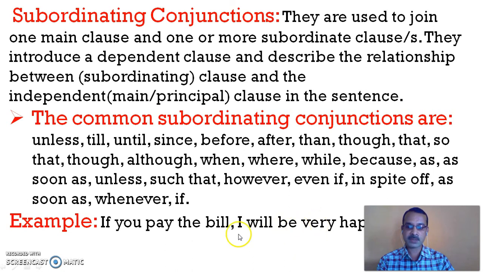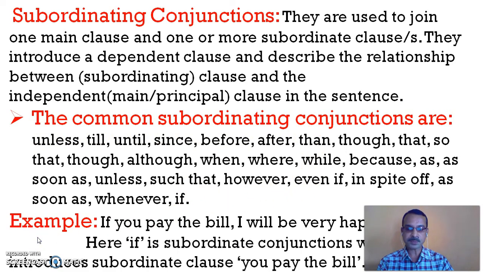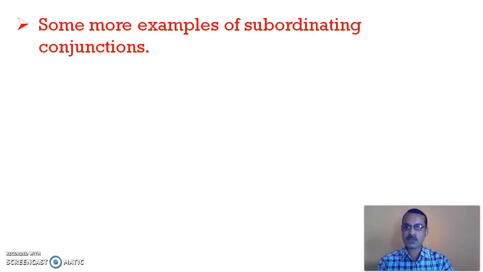This is the difference. When you come across a question on clauses, you will find that there will be two clauses in the question and a blank space will be there, and in that blank place you have to fill the subordinating conjunction. For that matter, you need to understand and remember this list of subordinating conjunctions. You have to remember it. It is very important. Now let's have a look at some more examples of subordinating conjunctions.